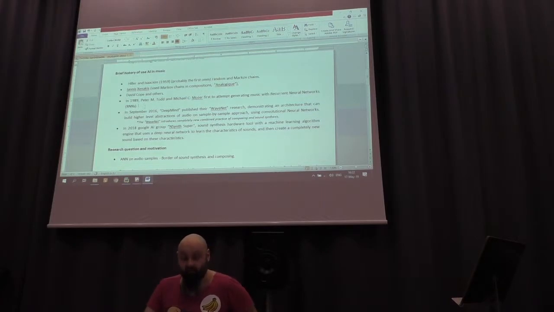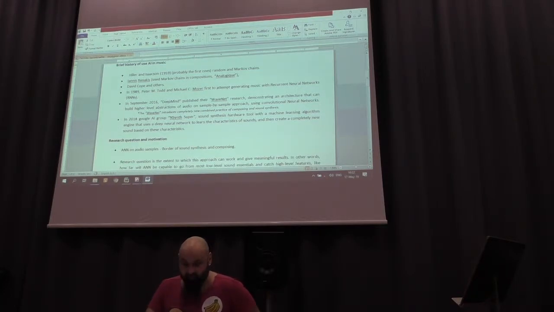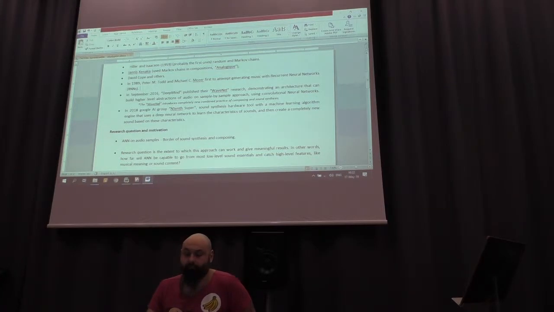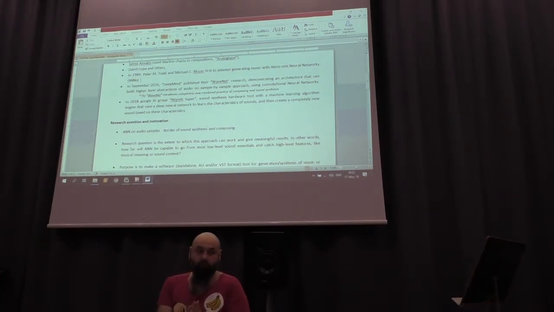And also in 1989, there was the first try to use recurrent neural networks for music generation, but until the last two decades, artificial intelligence methods were aimed at MIDI information analysis. And now in the last decades, people start to use neural networks on a sample-by-sample basis, which is really interesting,